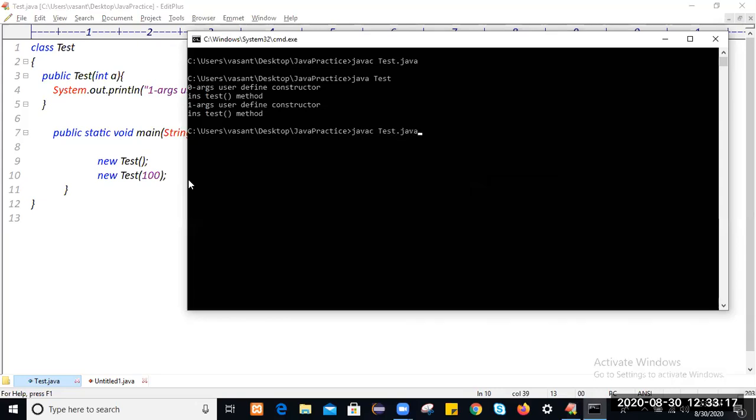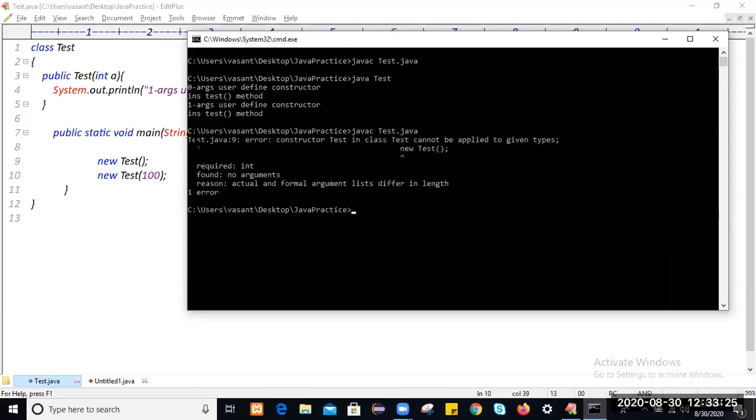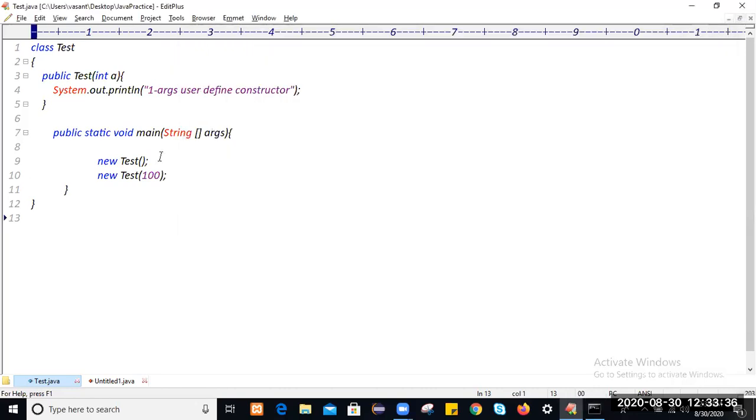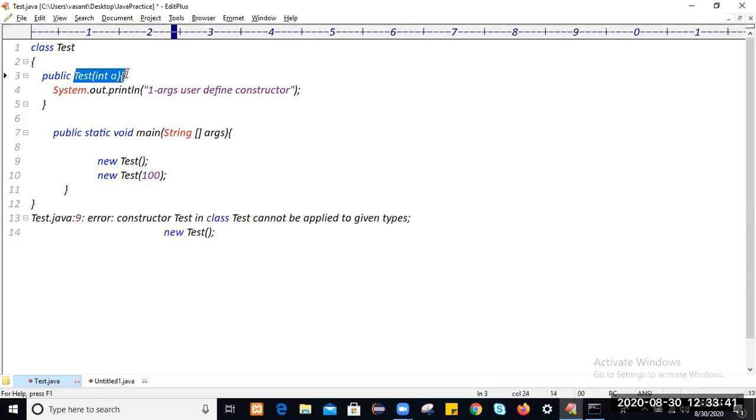This is the ideal scenario, and you have to know that. Every time the interviewer will ask you: when you compile, within Test.java at line number 9, error: constructor Test in class Test cannot be applied to given types, like new Test. Within this class we have a one argument constructor. If we have at least one user defined constructor within the class, then the default constructor won't get generated. For the corresponding object, you have to create a constructor. Otherwise, you will get a compilation error. Am I clear?